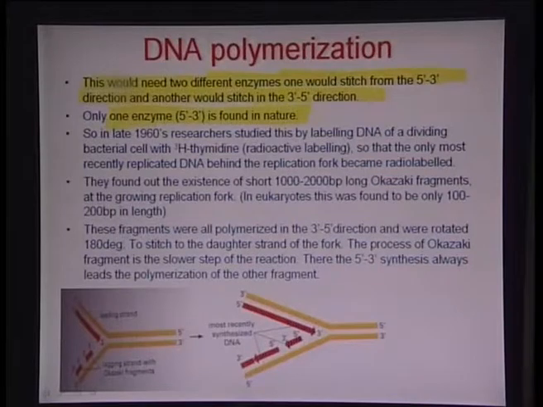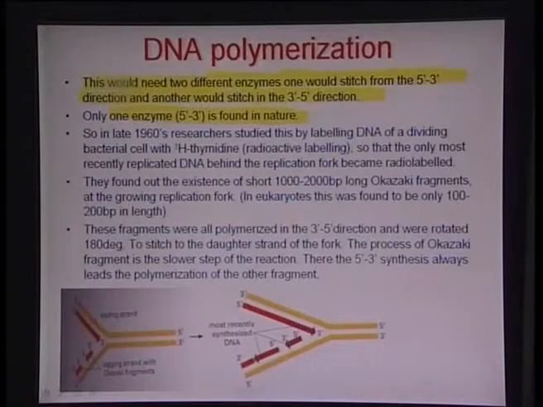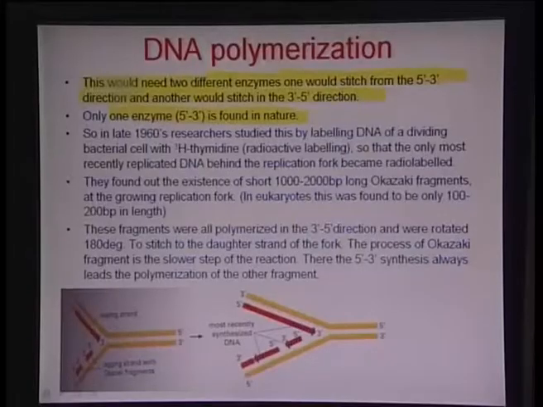So therefore there has to be a mechanism which can accommodate this very fact that the presence of only a single enzyme would also let the strands grow in a manner that is well suited, and still it develops this antiparallel nature or characteristics. So in the late 1960s researchers for the first time studied this by labeling DNA of